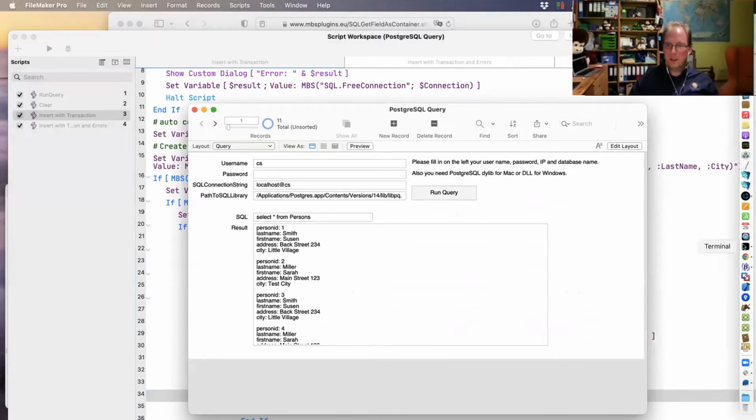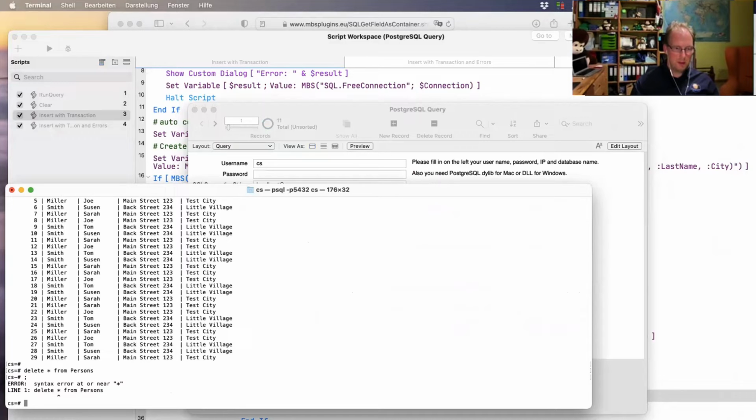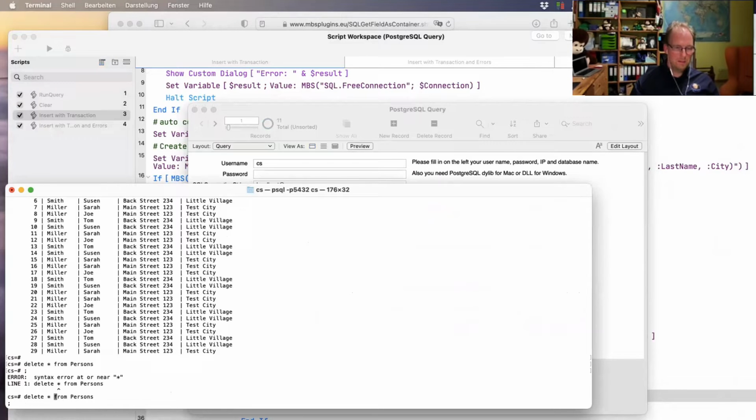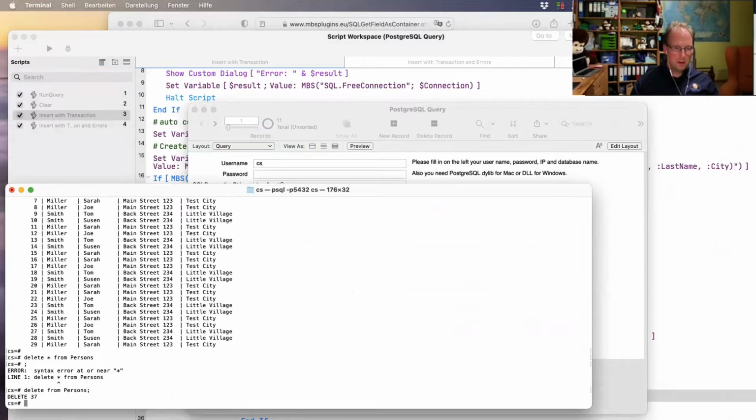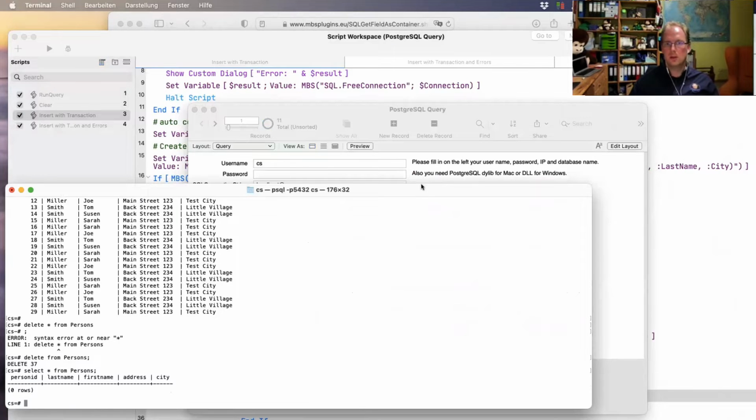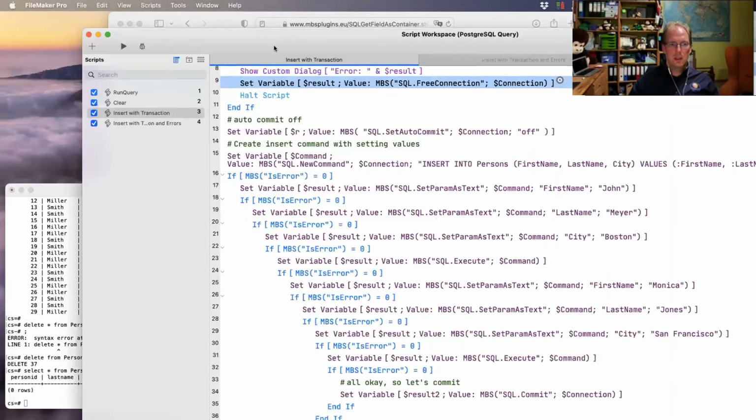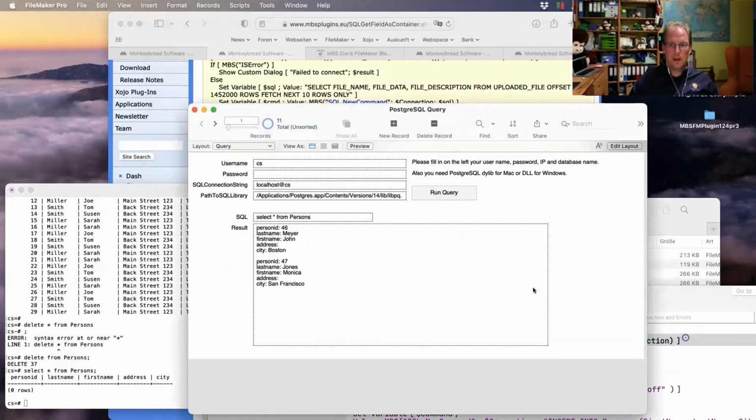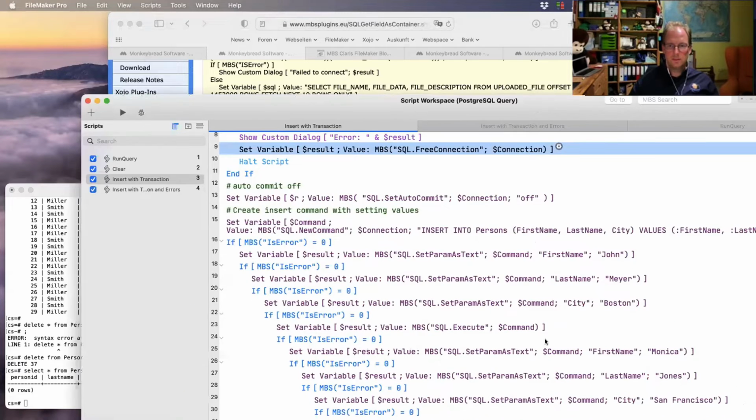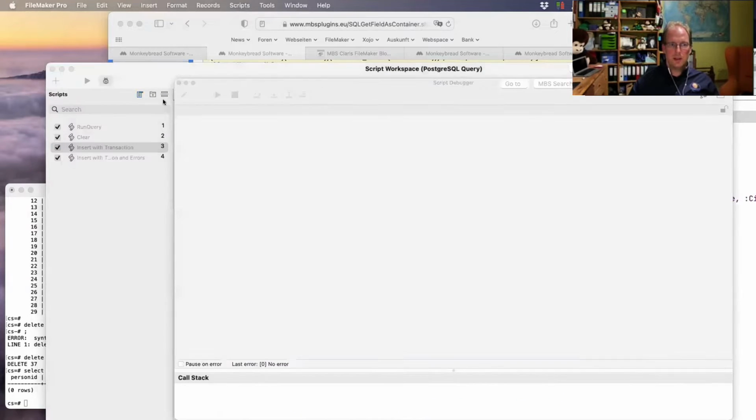Let's first maybe clear the table. So delete star from persons, semicolon. Now, so it deleted the records. Yeah, zeros. So let me just run one time the script here and run the query. And you see we have 2 records, 46 and 47. So now we can debug the script and say